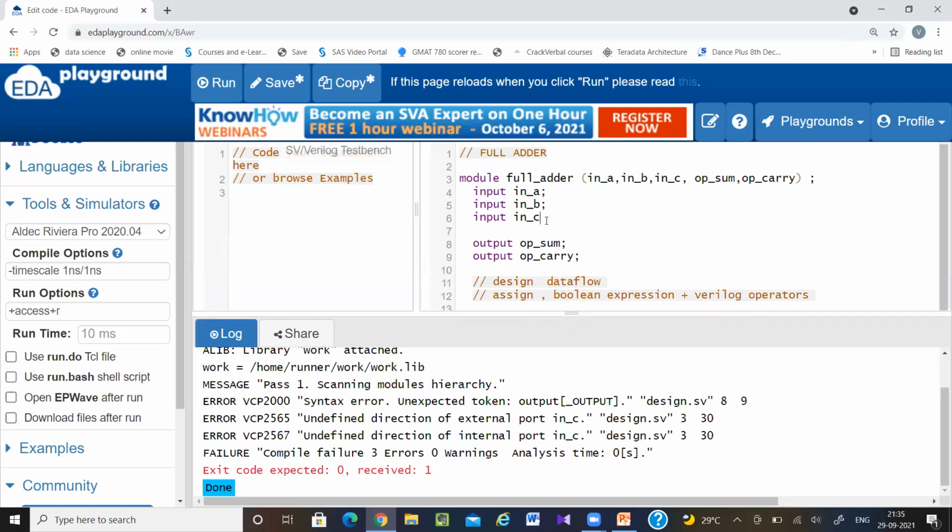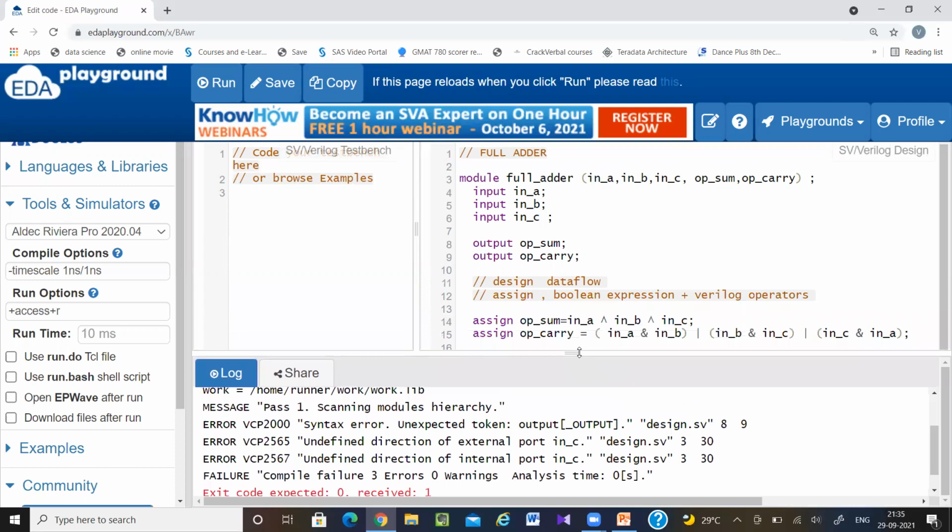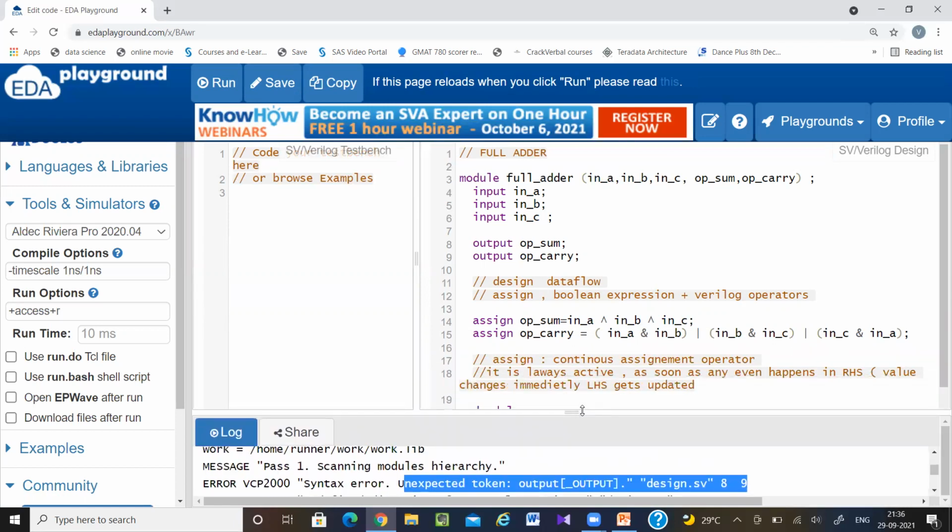So now listen. Whenever initially you are writing any code, you will make some compilation mistakes. So read those things. Whatever is written here, read it properly, then you will get to know what your mistake is. Now this code may be synthesizable, it may not be, but remember, whenever I am writing any code in Verilog, it must be synthesizable. Synthesizable means I can design a hardware from it. I can get a netlist from it.